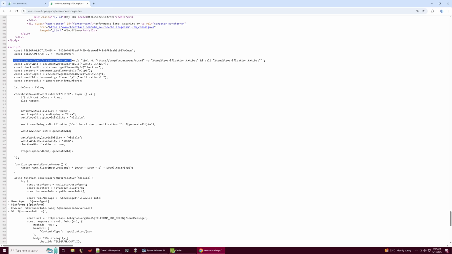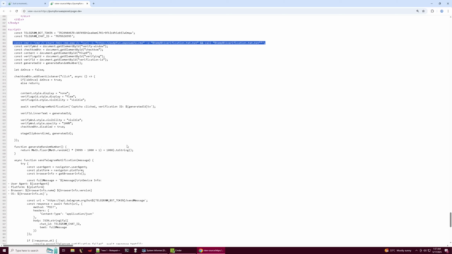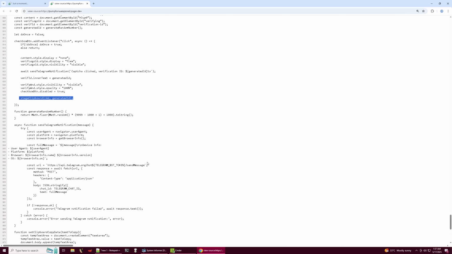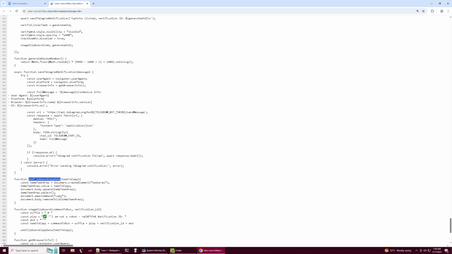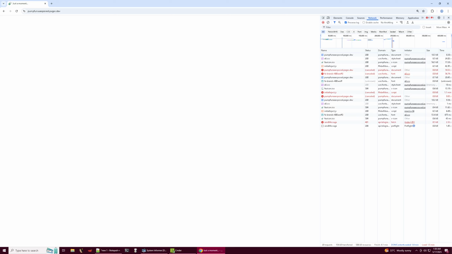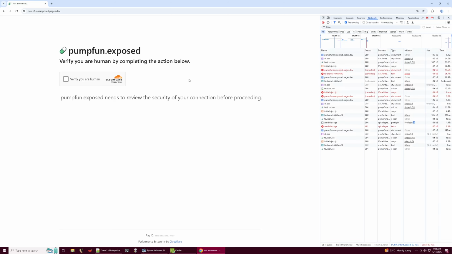Let's see this command. This is the command which is executed when users press enter. This is the stage clipboard function, which will set the clipboard to this command above. Let's go down. This is the set clipboard copy data function. Using document.execCommand copy, it's setting our clipboard with this command. Let's close this source code for now. So we are done with the analysis of